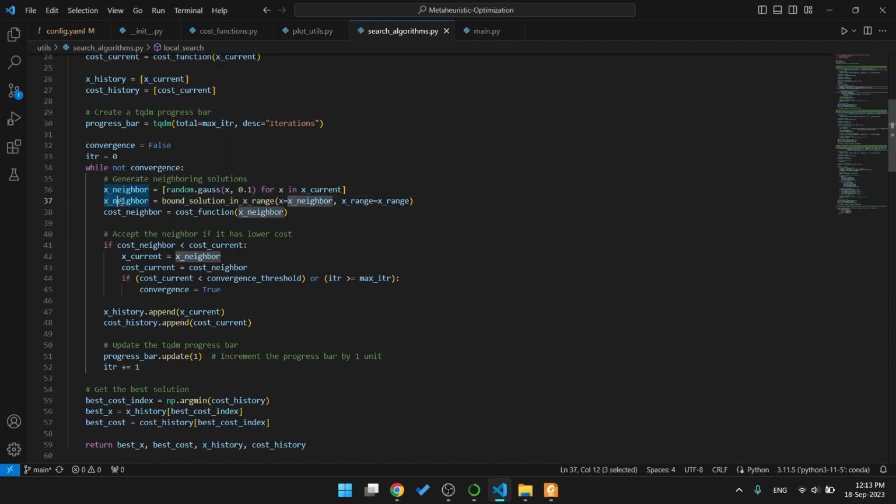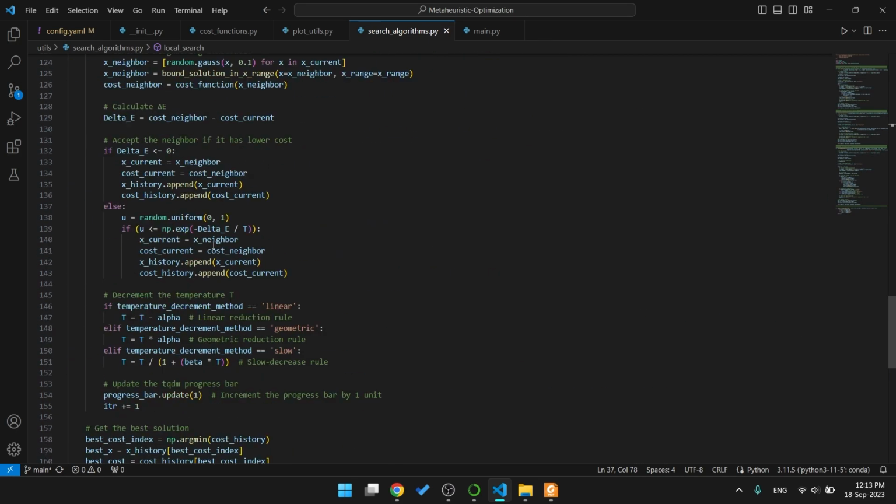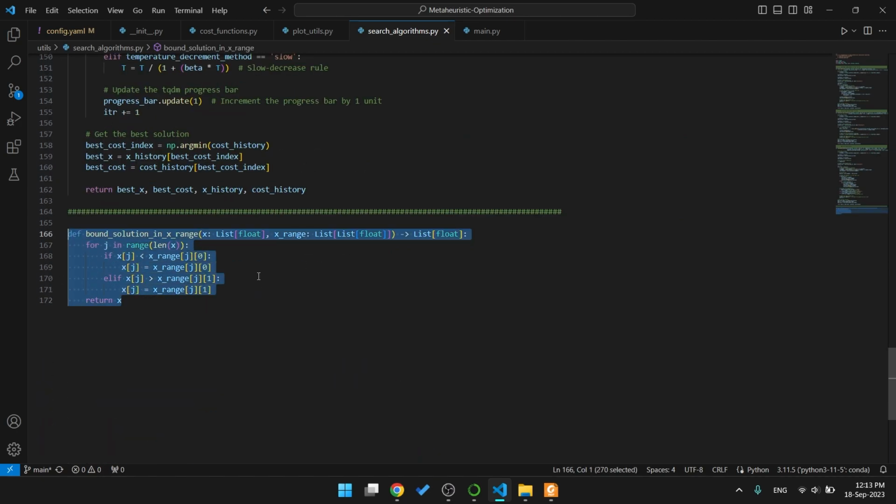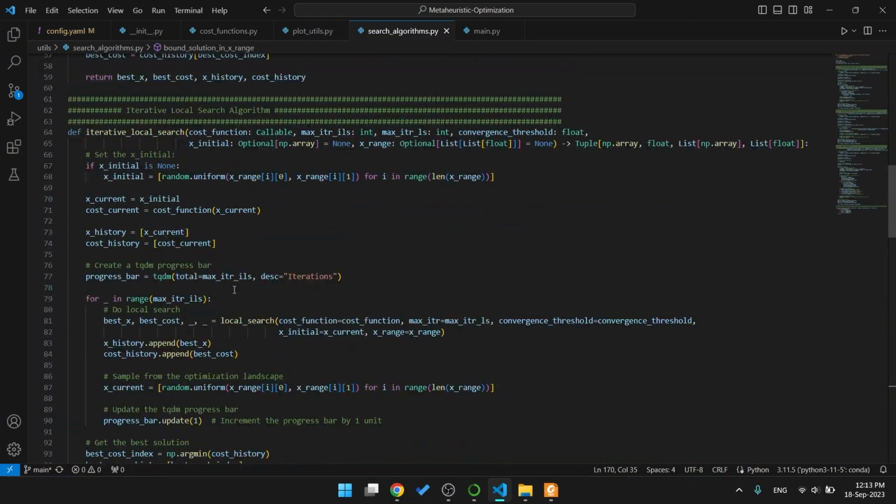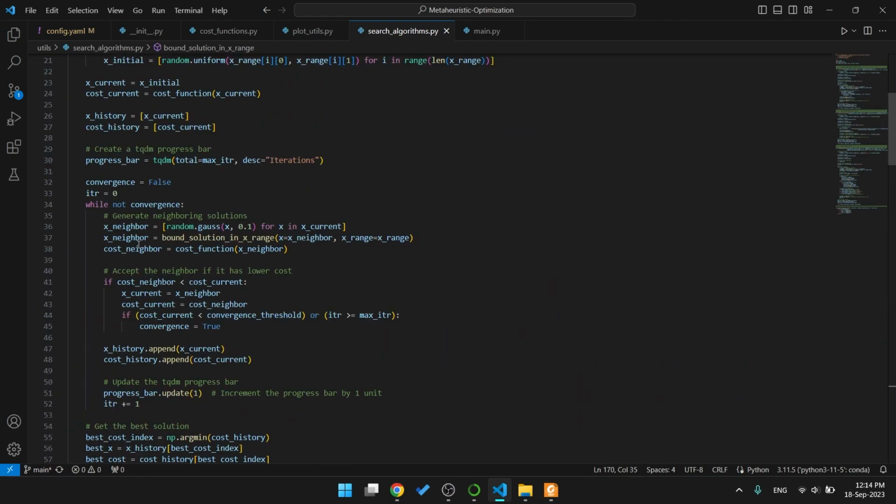After that, we need to check to see if that chosen value is in the specified range. For example, remember for the sphere, we specified -100 to 100 for both dimensions. So we need to check if this chosen value is in the range, and if it's not, we will clip it using this function. After that, we find the cost of the neighbor, and if the cost of the neighbor is less than the cost of the current value,